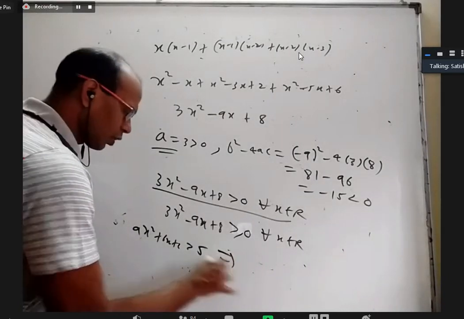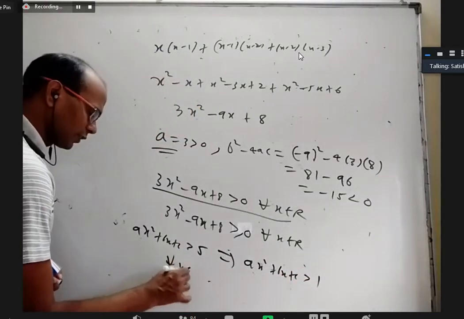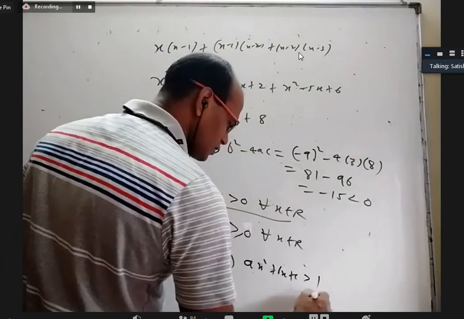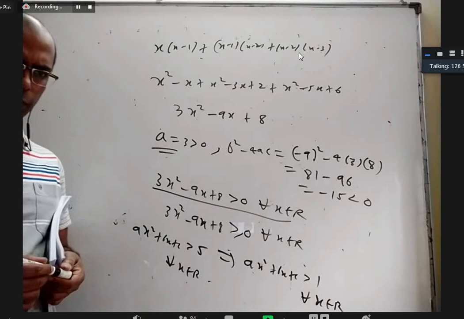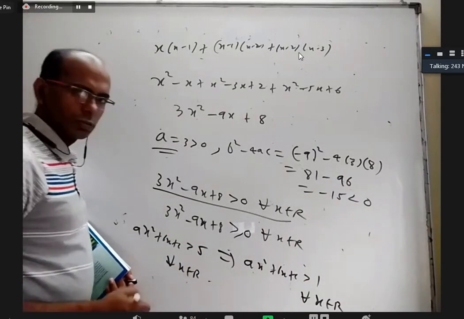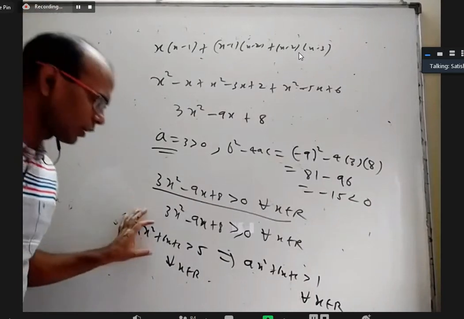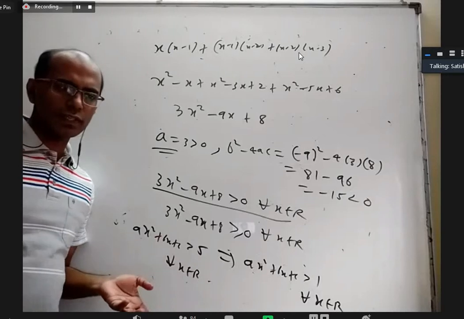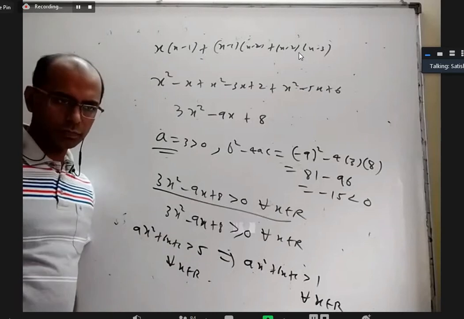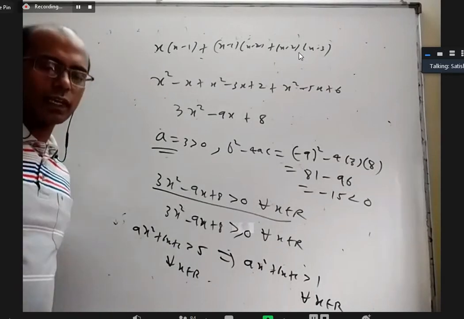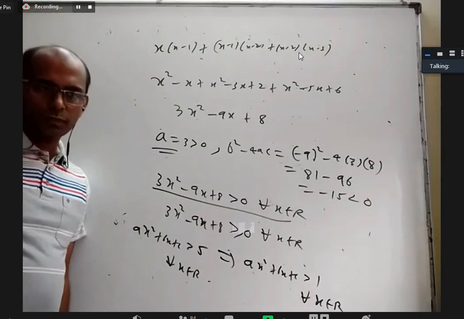From this, is it wrong to write ax square plus bx plus c is greater than 1? If this is greater than 5 for all x belongs to R, can I write this also greater than 1 for all x belongs to R? Is it okay? Yes, sir. Okay. So then one may argue it will not satisfy. It will not satisfy, but who is saying that? We are not saying it will attain 2. We are saying all its values are more than 5. Even here, it may not attain 6. Maybe the actual minimum value of this is 100, and we are saying it is greater than 5. Okay, let us say in an exam, you got 92 out of 100. Let us say you got more than 30 marks. Am I wrong?